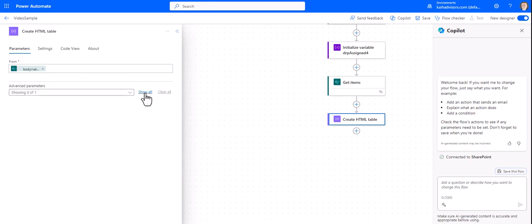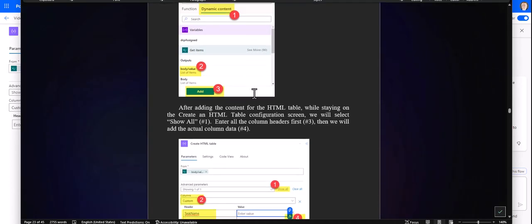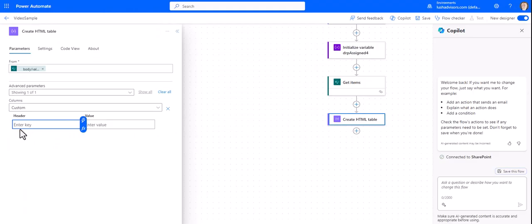Now we need to go ahead and configure. We're going to show all, click here, and say customize. And here we're going to put in the values. We can enter in the values. For me, I like to enter in the values first as the headers and then go back and do all the values. So in the interest of time, we're just going to put here Task Name,